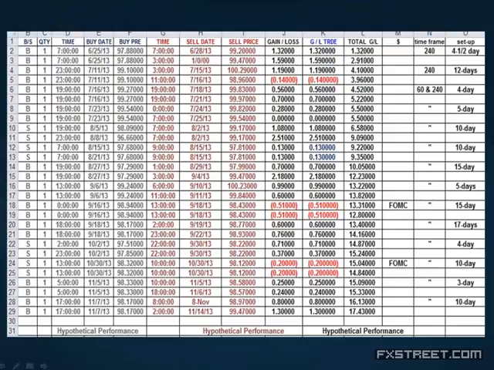But without that hypothetical performance first, why would you spend time studying a method? If someone's telling you, hey, learn this method, you have to say, hey, show me the statistical data, right? And you have to say that to yourself first. If you're creating a trading plan for yourself, you have to say, why am I going to continue to study this if it's not giving me